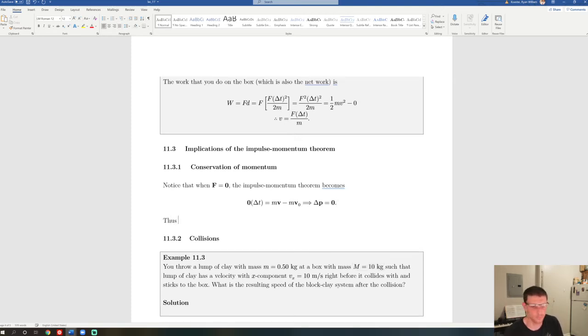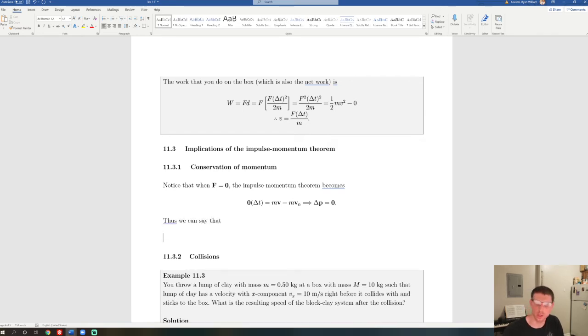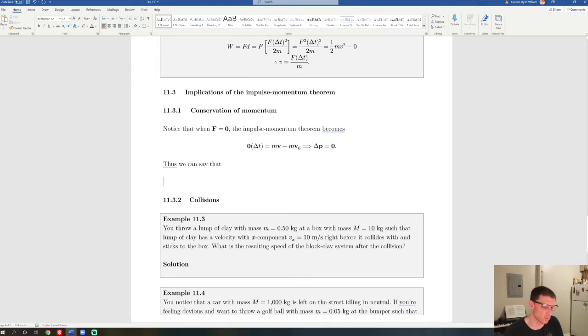So this means that we can say, and I want to put this in a box when I'm done. You might be wondering, what's in the box? All right, if anybody gets that reference, let me know. Okay, so in the absence of external forces, the momentum of a system is conserved. Writing it